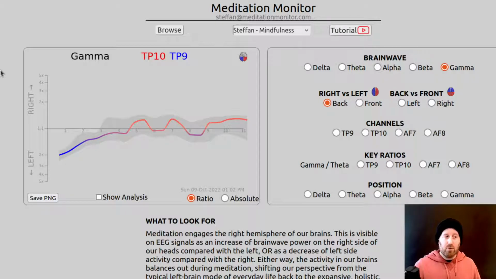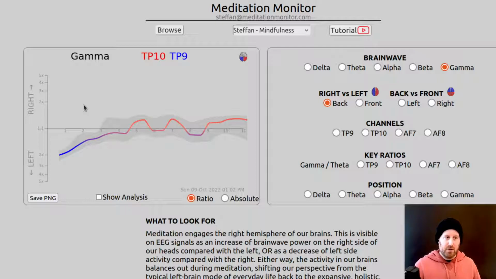I think we're all pretty familiar now with this basic chart type, but I've had quite a few questions about what comes up initially. So let me explain why this chart is the first one to come up and what it is. Whenever you upload a file, you'll always see this first chart type. I default it to these particular settings each time. So no matter what else you click on here, whenever you open a new file, it's going to default to